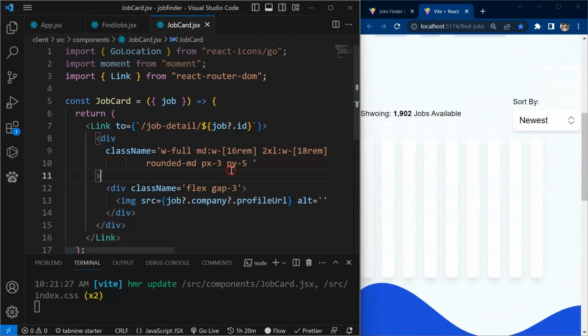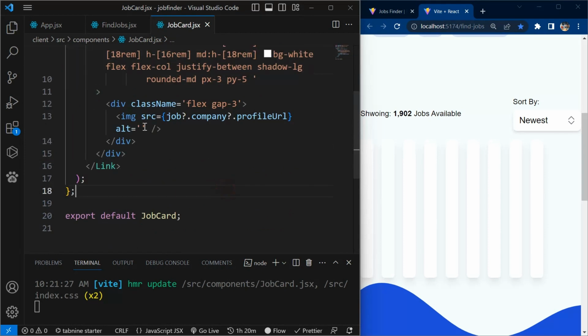Inside it we have another div with flex, gap 3, and inside that div, that's where we're going to have